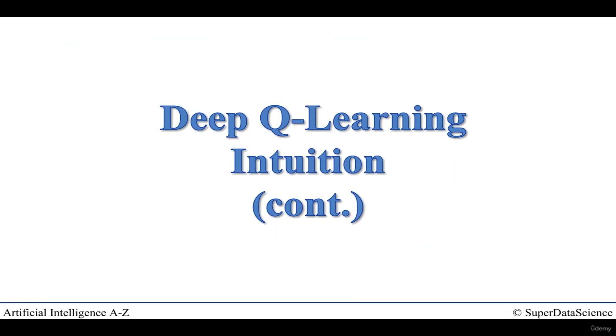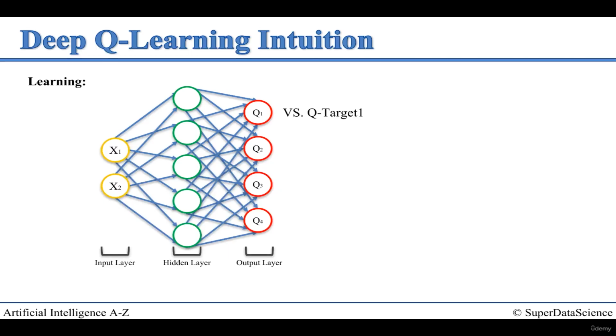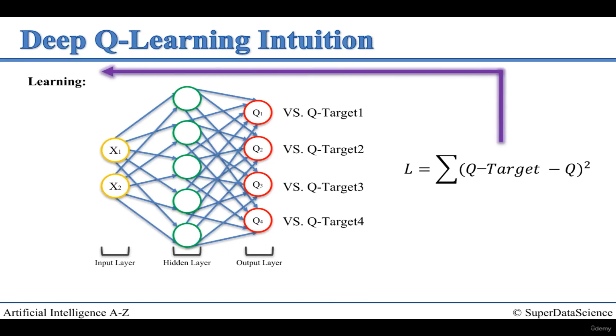That's the learning part. Hello and welcome back to the course on AI. In the previous part, we talked about the deep learning Q-learning intuition. We started there, and in fact, we got all the way to this part, where we talked about learning. And now we're going to move on to the actual acting part. So there are two distinct parts that we have to remember. That's the learning part, but now he's done all of this. That's beautiful. Now he actually has to take an action. He has to decide what he is going to do. He's going to do action 1, 2, 3, or 4. And so how does he do that?